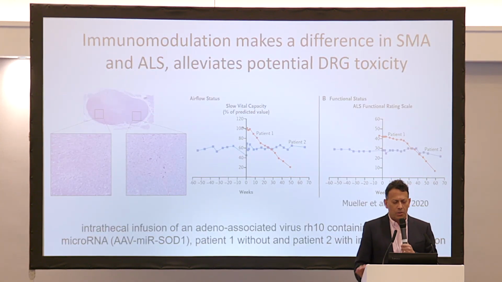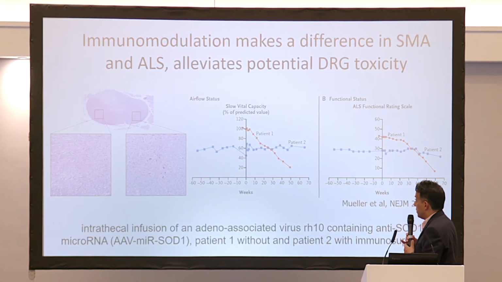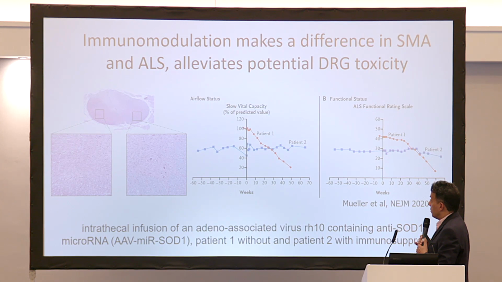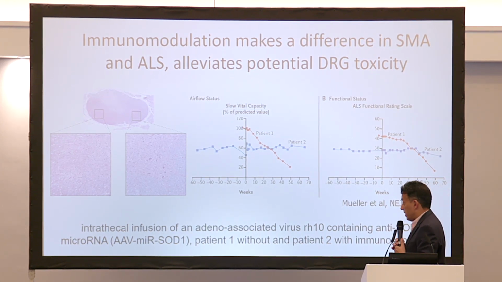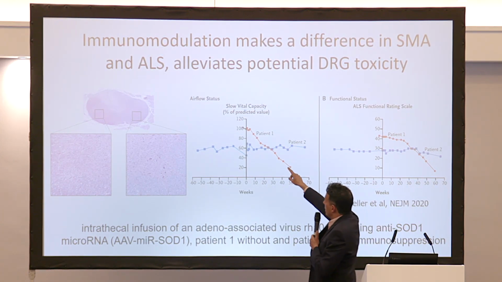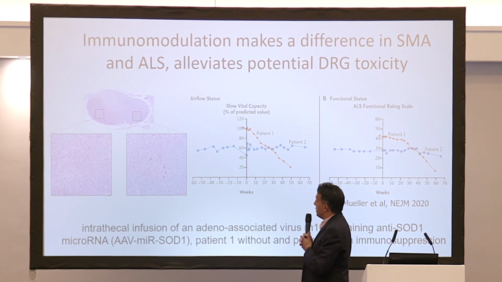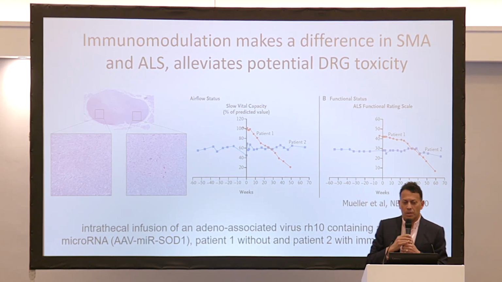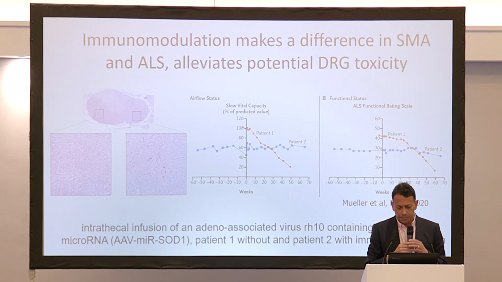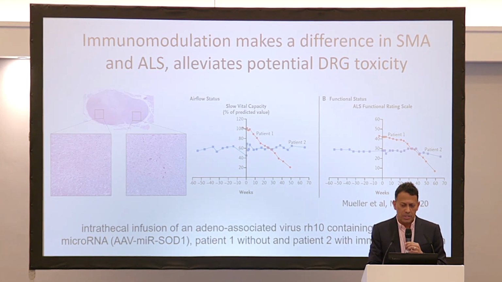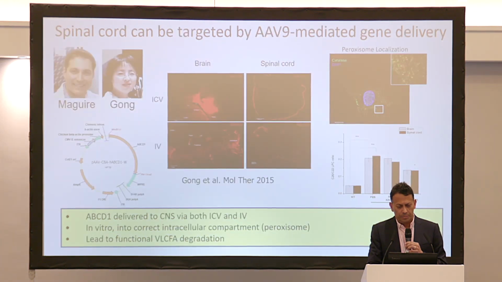And this can occur in humans as well, as shown here in some experiences with ALS patients where AAV gene therapy was employed. Here a study from UMass showed that inflammation in the dorsal root ganglion was quite significant, but also that the patient in red who suffered from that inflammation in the dorsal root ganglion, that could be prevented in a second patient by using immune modulation and immune suppression. So again, a treatment that works, that has efficacy, but also comes with risks, and those risks need to be properly managed with steroids and other immune modulation.